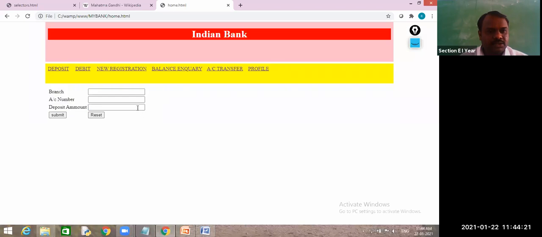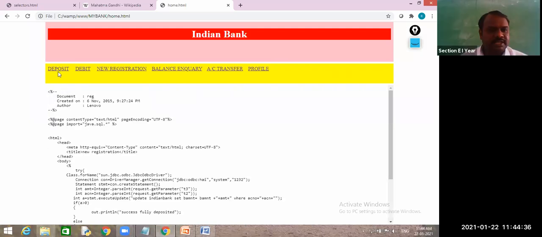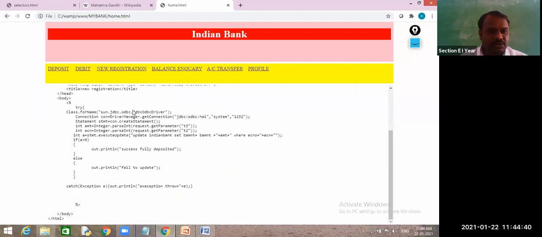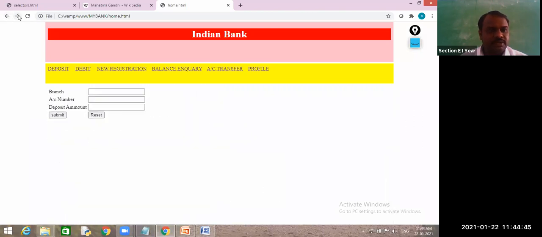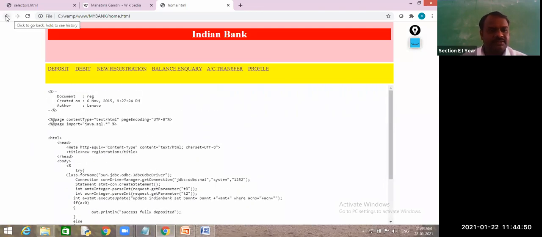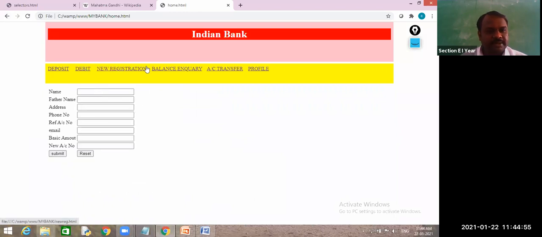Yes, sir. So what are these? These three: text type, text size. These all are labels. This is the submit button. When I click on the submit button, it is working. But going to this program, the program is present, but it is not running on the local machine server. That's why it is giving the code as it is. But this will work, it is working code.